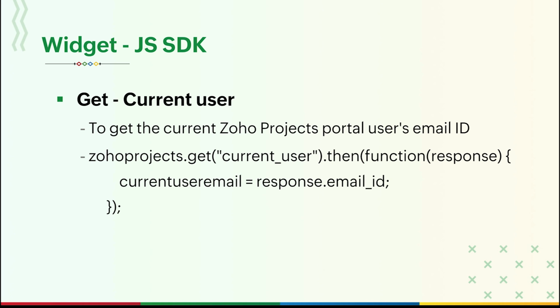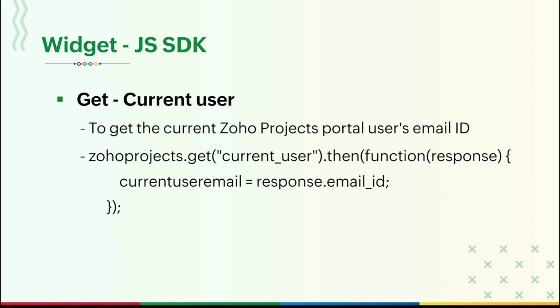So we've used the init method, and secondly we've used the get current user JS SDK method. We want all the Zoho CRM cases which have their case owner email ID as the email ID of the current Zoho Projects portal user. So for a particular user who's using CRM and Zoho Projects, we want only their open cases to be listed as part of their Zoho Projects portal, right? In order to do that, we'll have to do this criteria match.